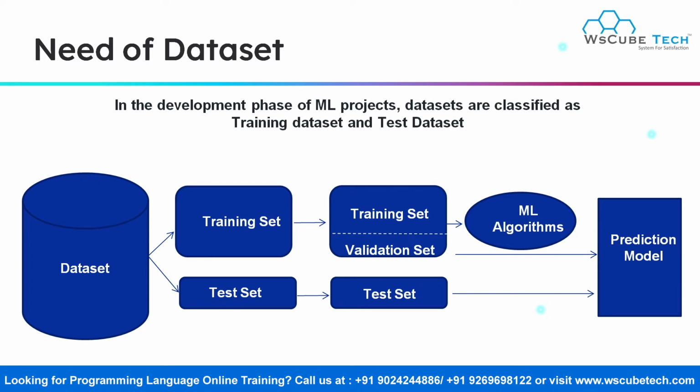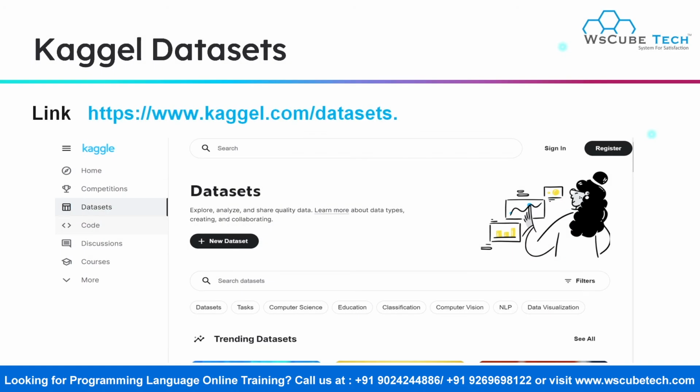Now, even collecting and preparing this data set is one of the most important parts while creating a machine learning project. So the question here arises, from where do we get the right type of data? So we are going to check out some of the top sources of machine learning data sets. The first one over here is the Kaggle dataset. Now this is one of the most popular and one of the best sources, because it provides high quality data sets in various formats. And one can even search, download and publish your own data set over here.